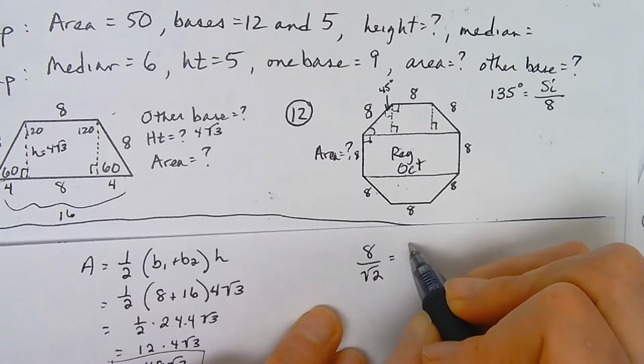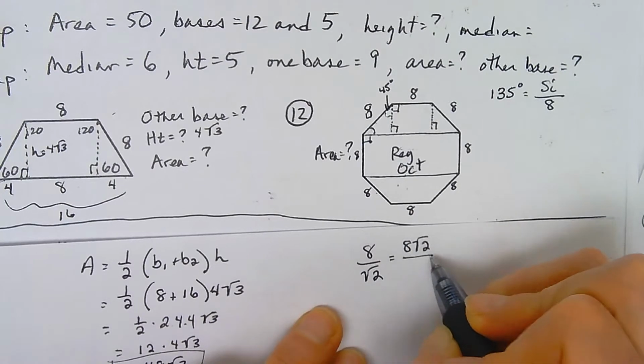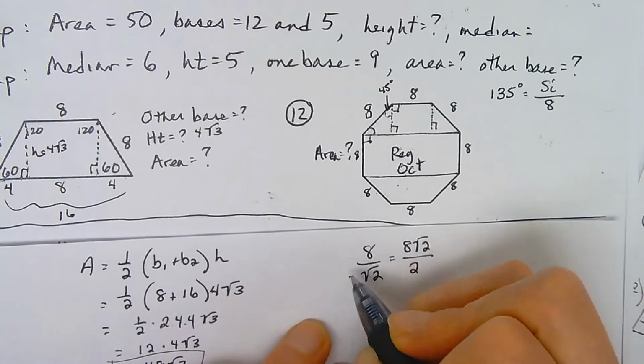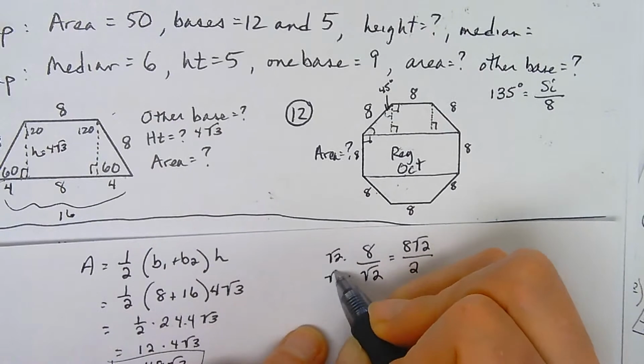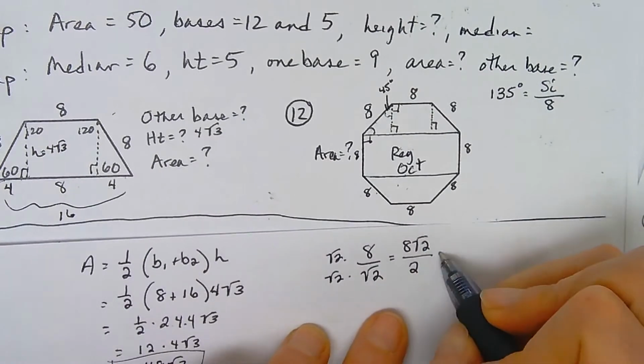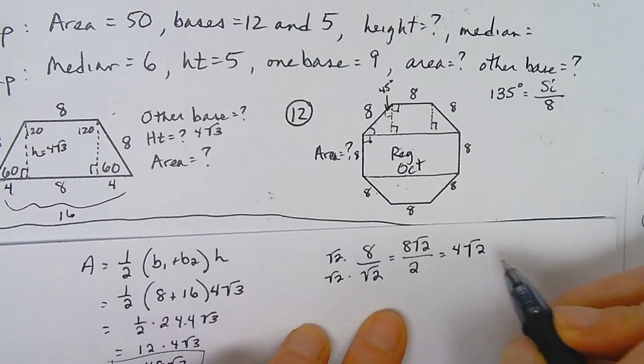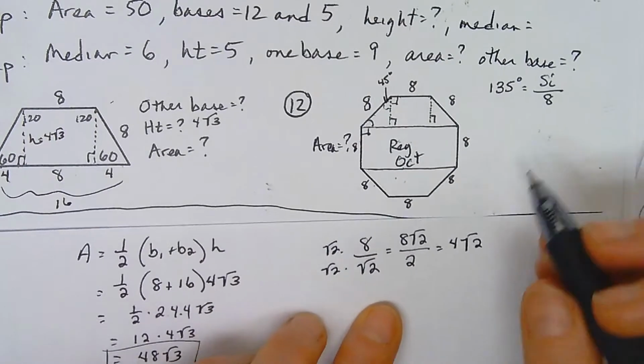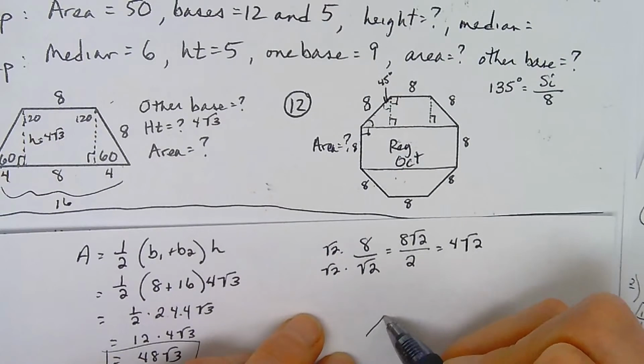If we simplify that, we get 8 rad 2 over 2. I'm just multiplying both top and bottom by rad 2. And we can simplify that further to get 4 rad 2. So what happens is we end up with a trapezoid